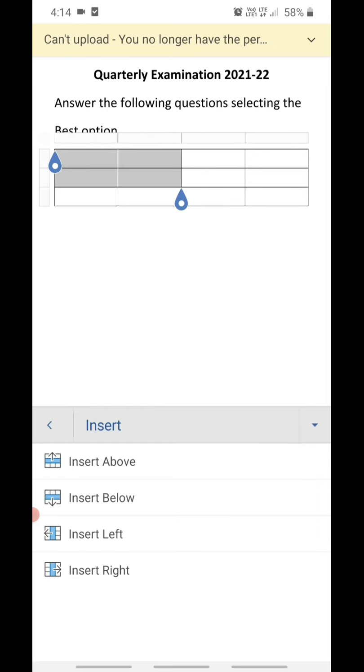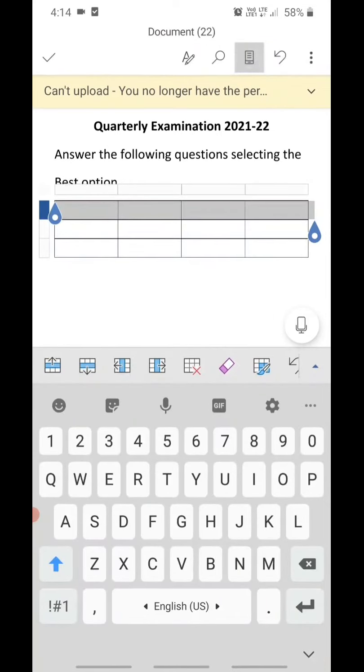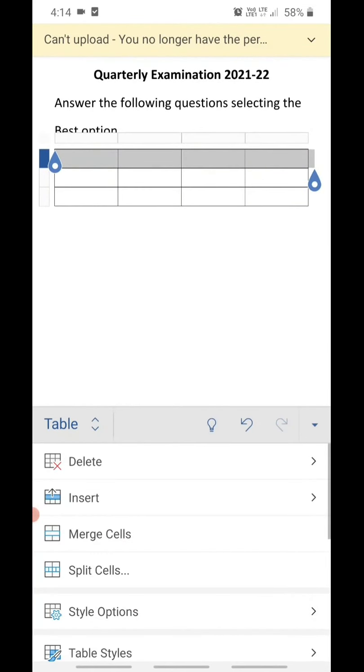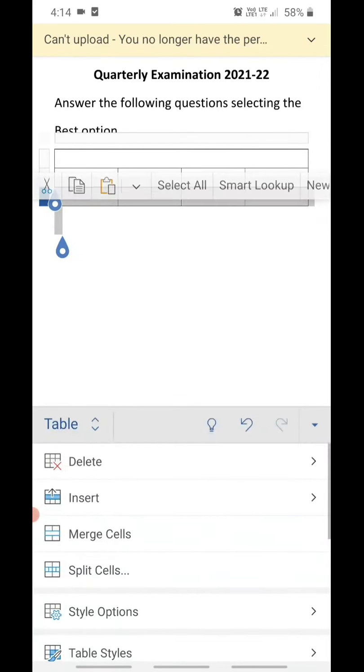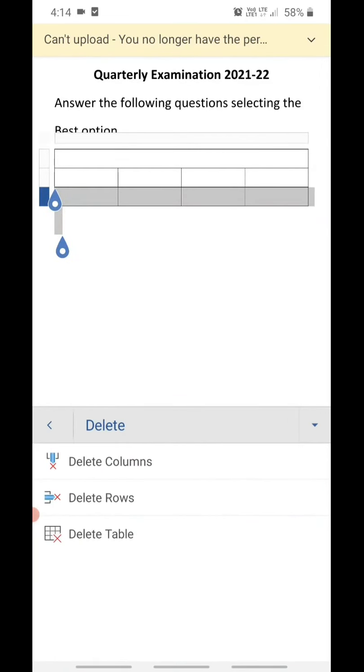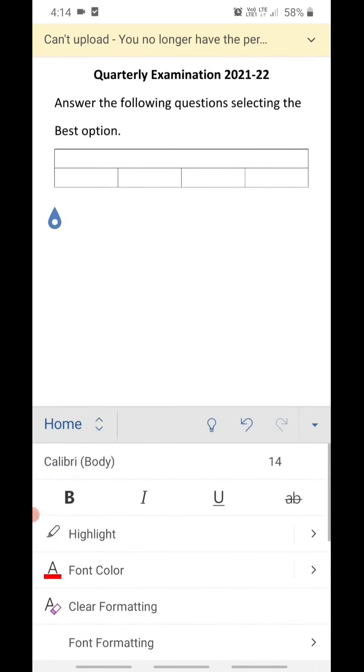The first row I'm selecting for the question, select it, and then I'm clicking on merge cells. So the cells will be merged and you can type your first question here. But before typing I just want to delete this last row. Delete full row, because one row is for questions and the second row is for options.